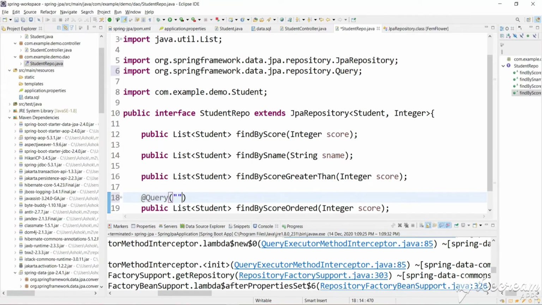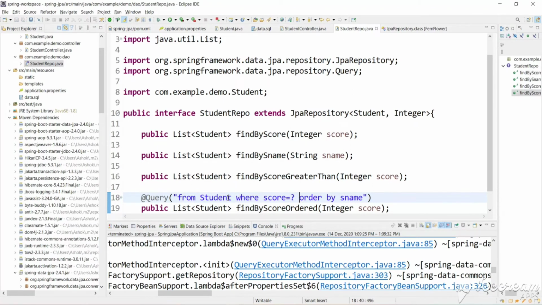And here we will write JPA script, which is similar to SQL. We want all the students from student where score equal to question mark, order by student name. So this is a sample query.